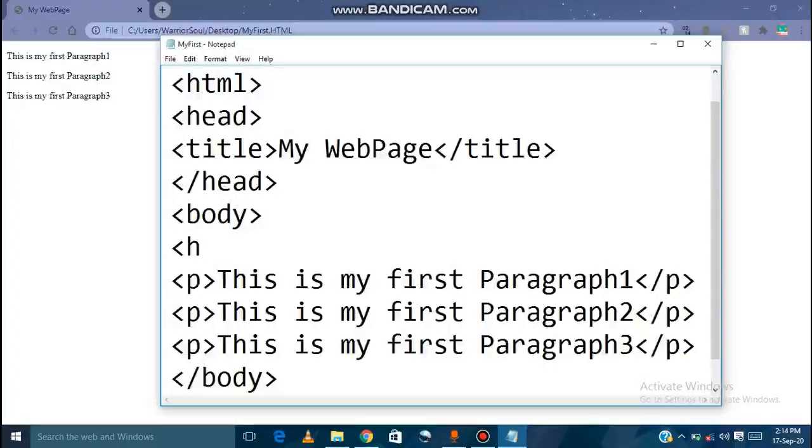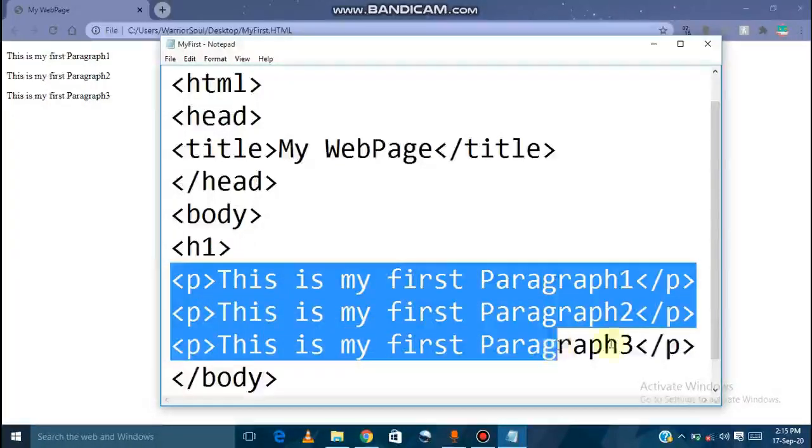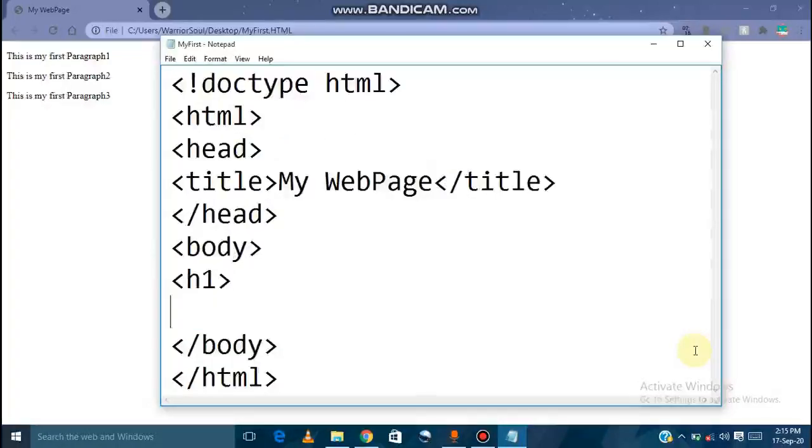Depending on the size of the heading that you want, you can switch between 1 to 6. If you want the font size to be the largest, we can use H1, and if you want it smaller, you can use H2, H3, H4, H5 and H6. We'll use all of them one by one.